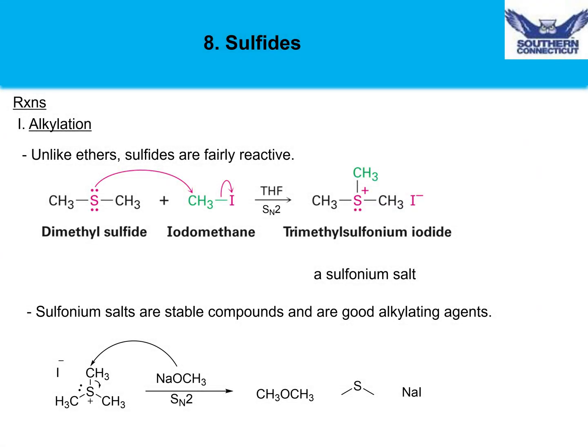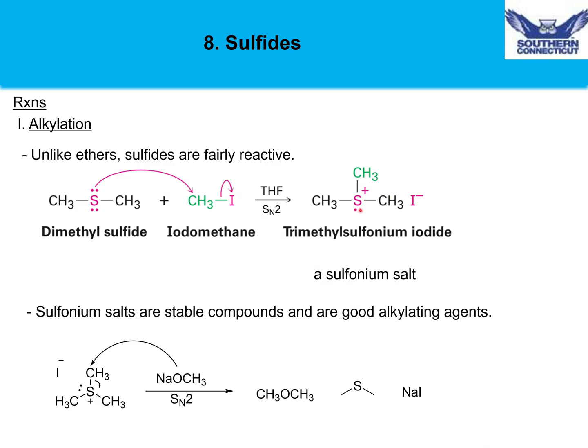Unlike ethers, sulfides are a little bit more reactive. One of the reactions that they can undergo is an alkylation reaction with an alkyl halide. For example, dimethyl sulfide, when mixed with iodomethane, will undergo an SN2 reaction as shown here. The sulfur will attack the methyl group, eliminate the iodide, and result in a sulfonium salt with the sulfur having